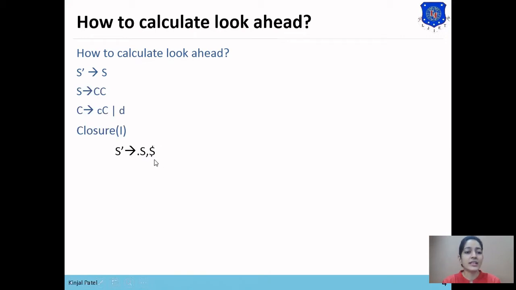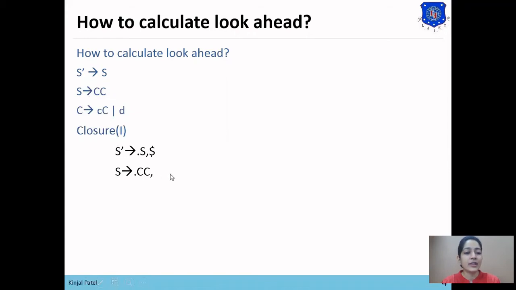Dollar is the look ahead symbol, which means in the production of the starting symbol we place dollar as the look ahead symbol. Now the rule of closure says that if dot is present at the beginning of a non-terminal symbol, then we add the productions of that non-terminal symbol. So we'll place the production S derives dot CC in this set.